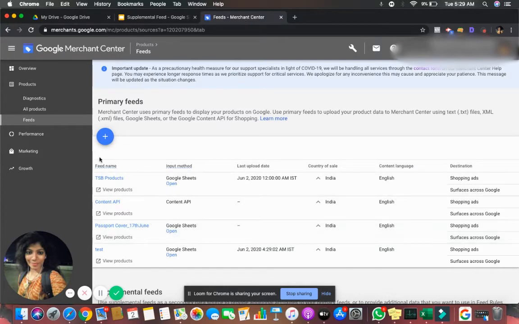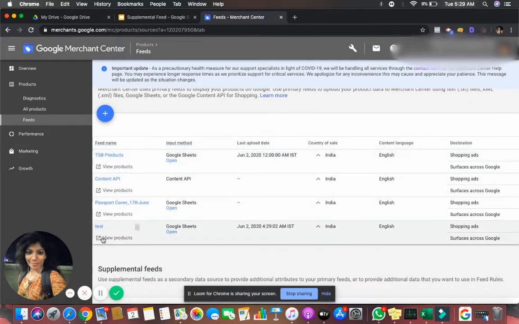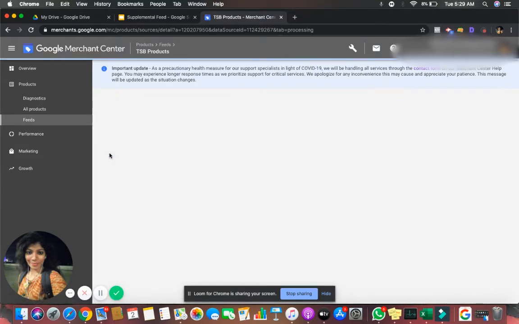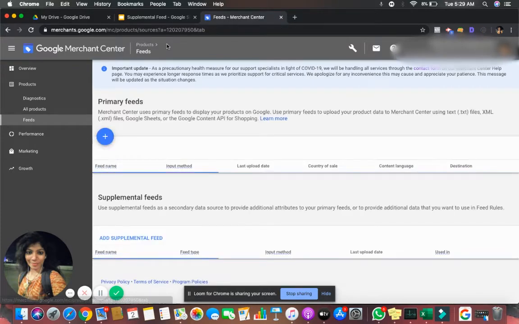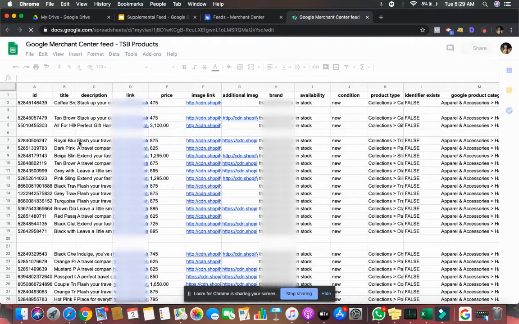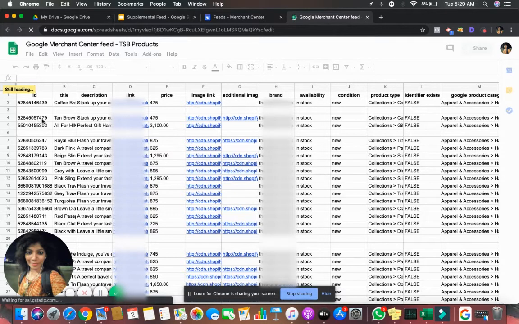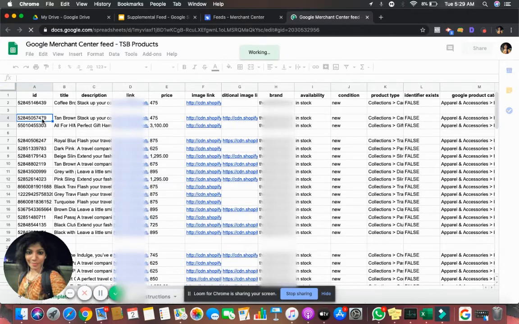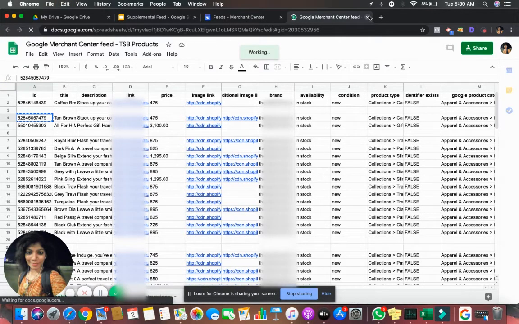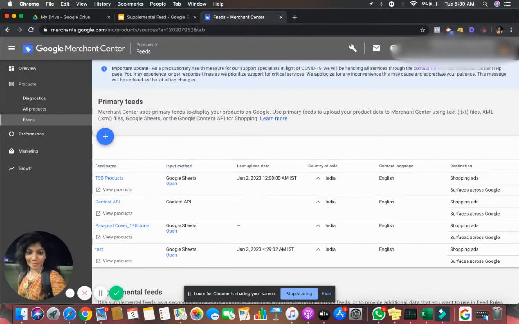So as you can see, my sheet name is TSB product and the previous one which we had created is the test. But test I had not fetched, the reason being that product details I have already mentioned in this sheet. Okay. So I will open this sheet first, and I will copy the product ID in which I wanted to add color. Let's take this one. So in this product ID, I want to add color. So I have copied that product ID,